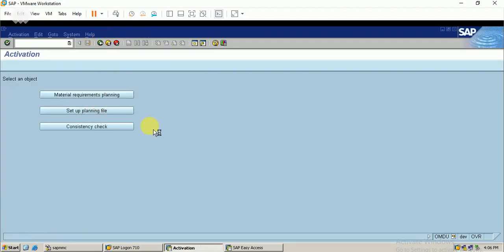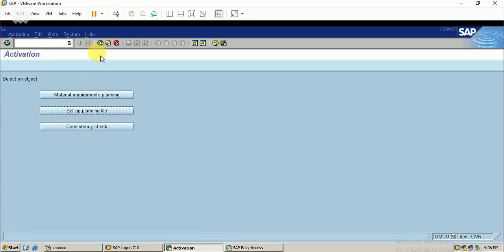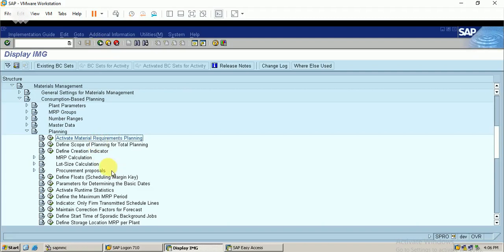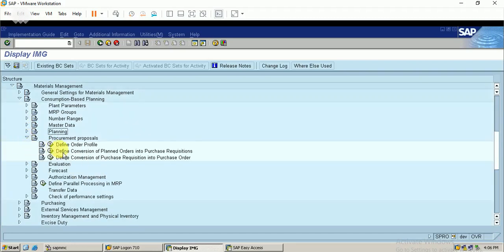Set up planning file. It goes to the variant. Okay, let me go to the next. That's procurement profile. Define conversion of. Okay.